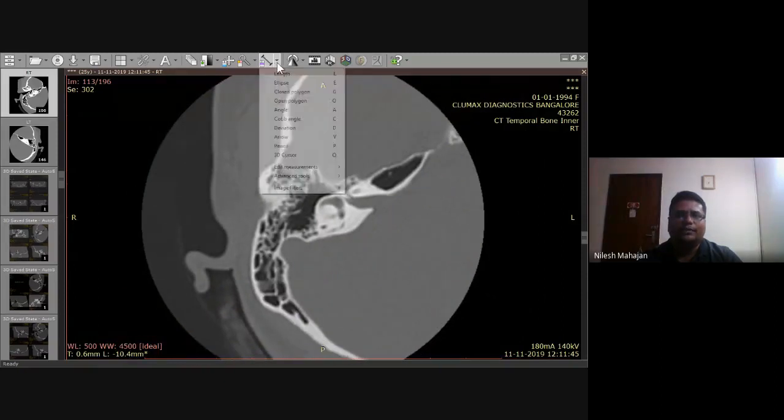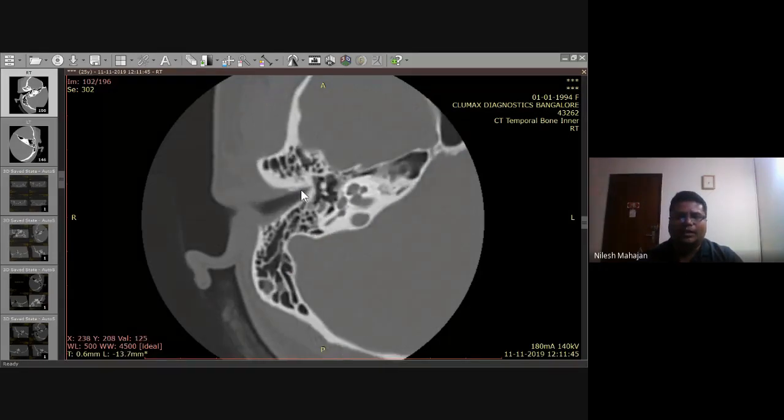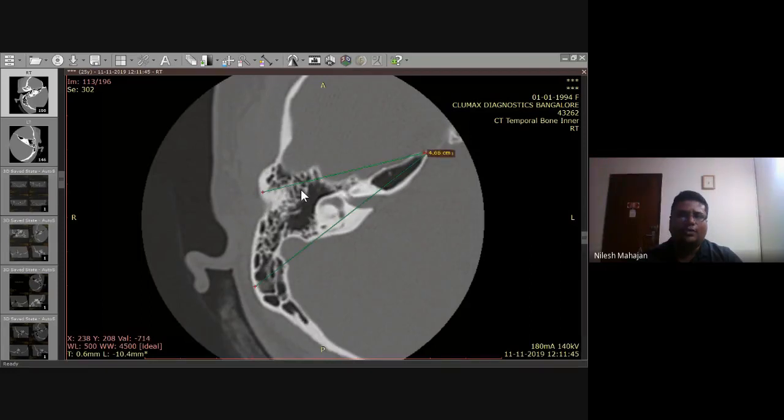this measurement. If you select here, you can measure the length. To measure the length, you can draw a line like this. You can measure the total entire length of the temporal bone. It is 6.2 centimeter. From here it is 4.5 centimeter. If you want to measure the length, how much you have to drill while doing mastoidectomy, from here to the antrum, it's almost 1.2 centimeter you have to drill. Like this, you can use this function for measurement. If you want to measure the length of the internal auditory meatus, you can roughly measure it's 1 centimeter, like that.